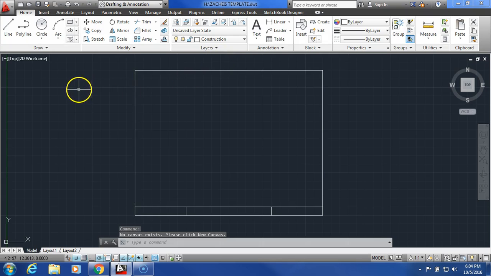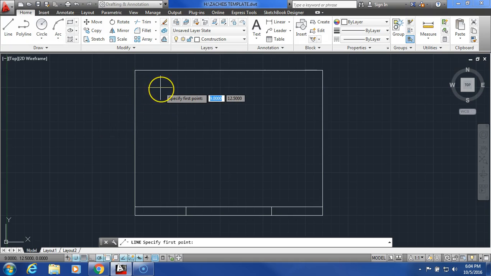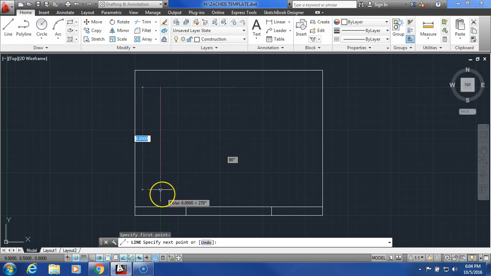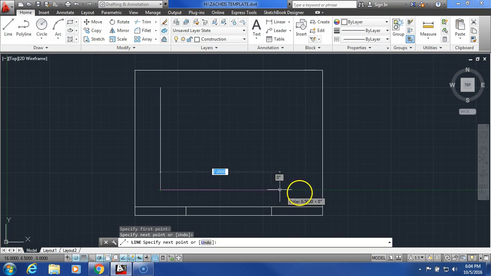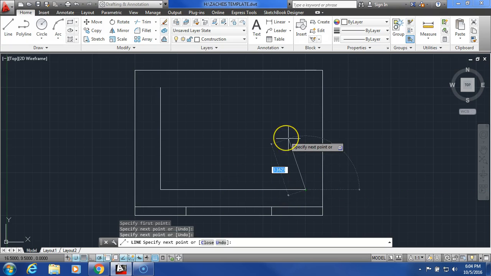Then you're going to come over here and grab the line, click on a line. Then what you'll do here is start in the top left corner. You'll notice that the snap is still on, so go ahead, click in that top left corner, and then again, you're not dragging, you're just clicking and then moving the mouse down. Click to this point here, and then come over to the right here for a horizontal line and click to end the line. Then you can either again hit escape on the keyboard or right click, hit enter,